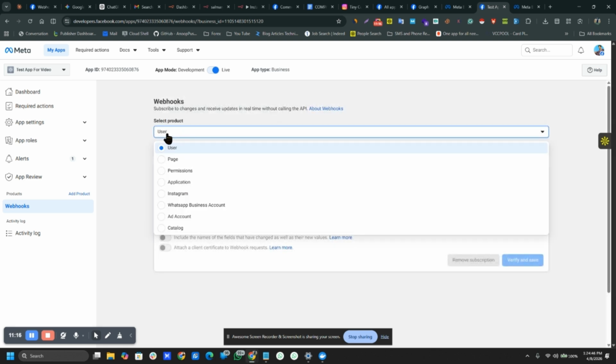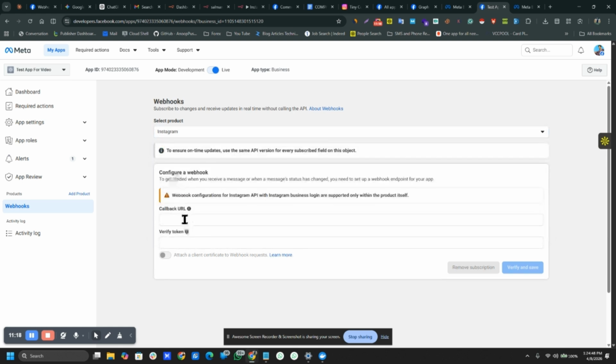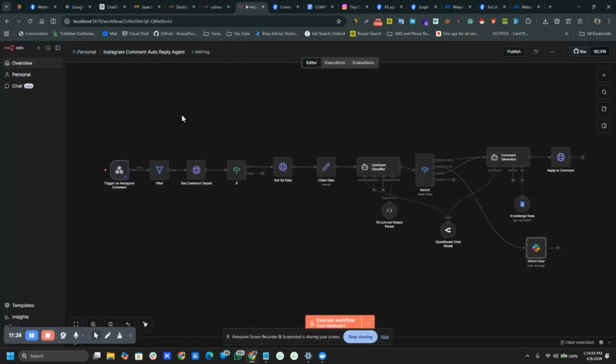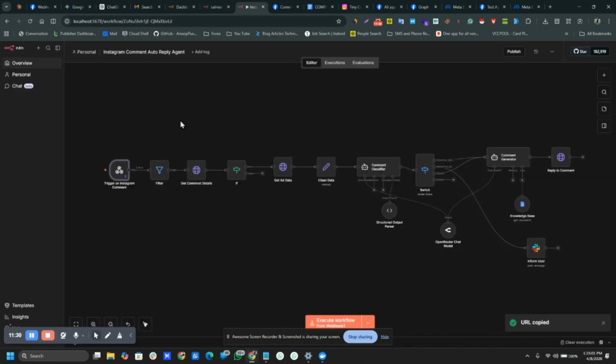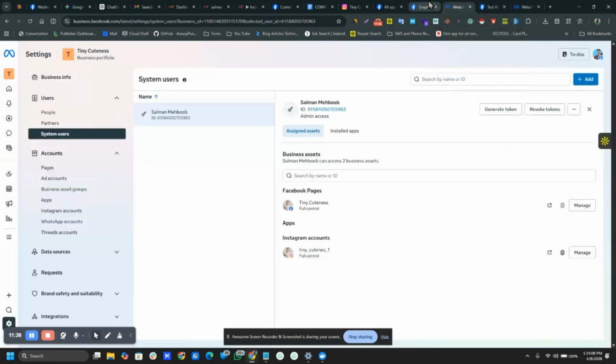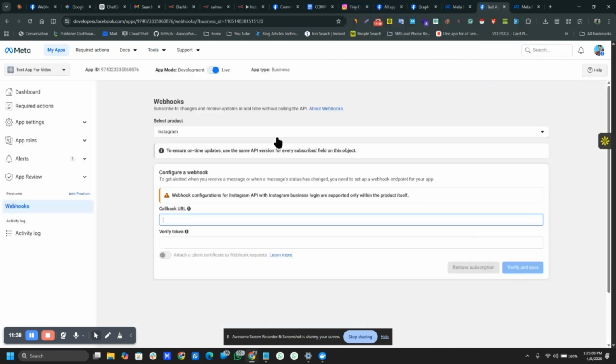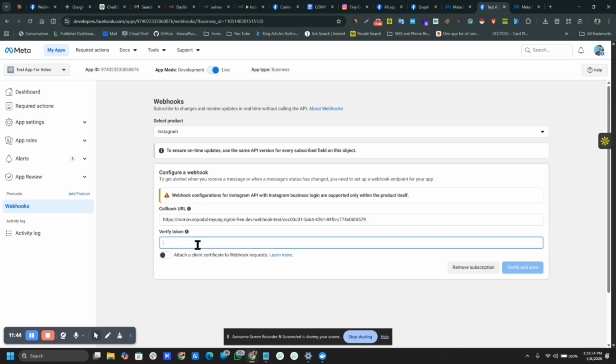For the select product we need to select Instagram, and the callback URL, our webhook URL. Okay, for that we have to verify the webhook, right? There will be the webhook URL. Verify token. You can write anything here. Like, guys, I say, let's say anything. You can write anything here, right? So before verifying and save,